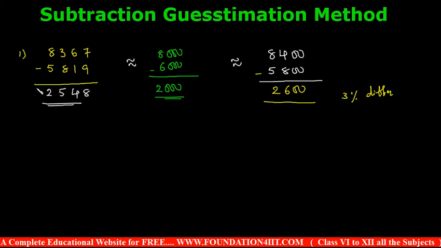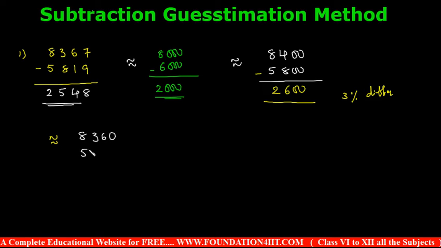Same technique if you follow for the nearest tens place, let us see how much you get. It's approximately the same. 8367, nearest to the tens, take 60. So if one number is increasing, the other should be adjusted too. 67 I'm increasing, so 19 should be increased. Compulsory: one is increasing, one is decreasing, then you will get an approximate value.